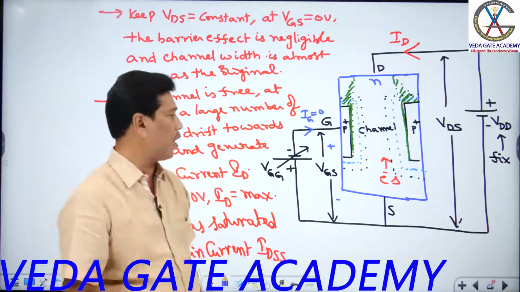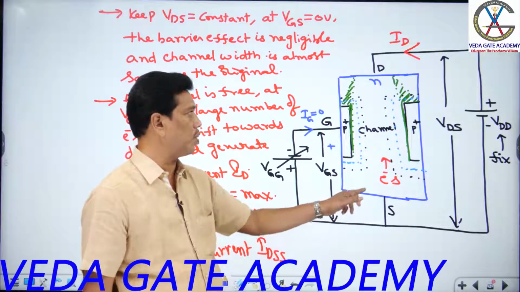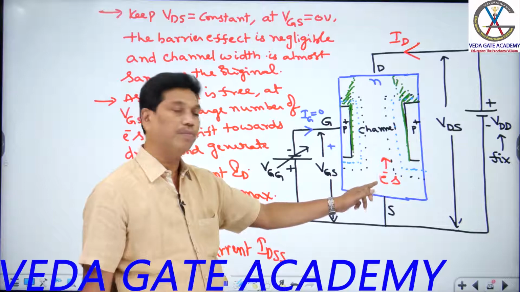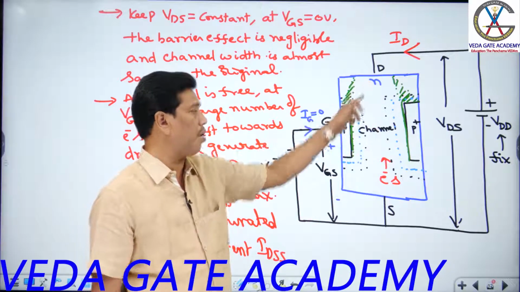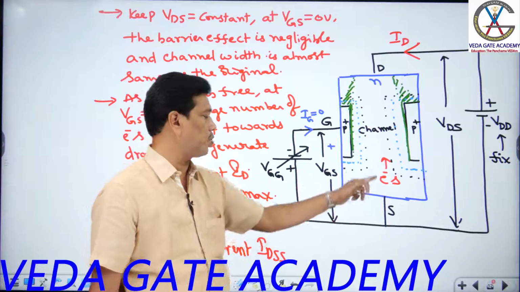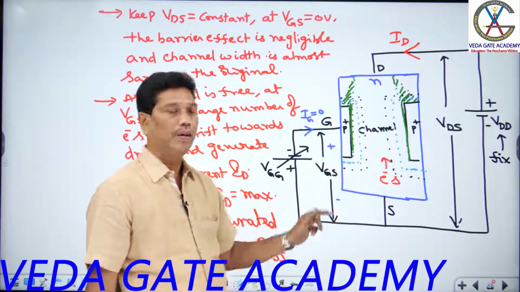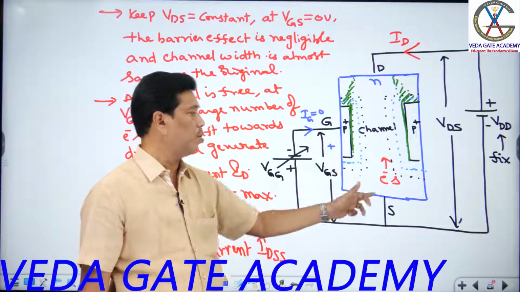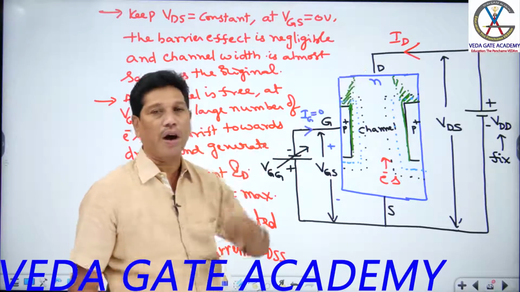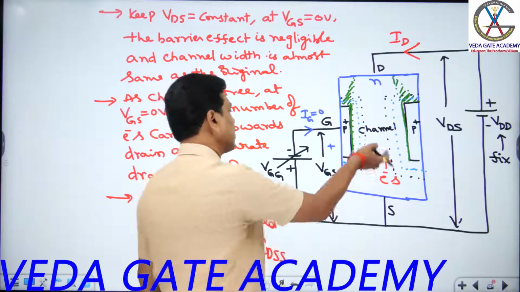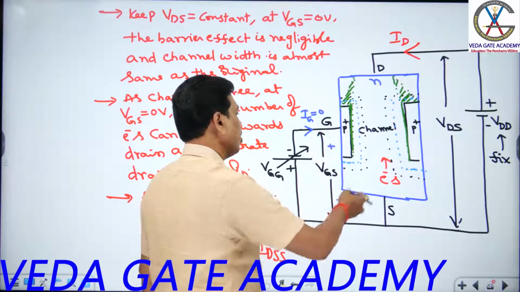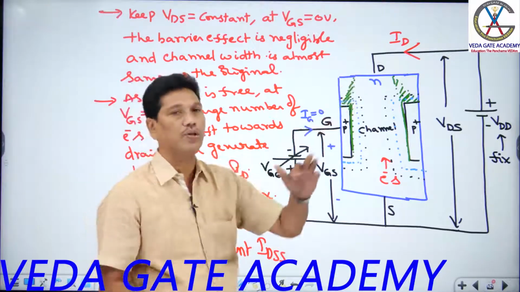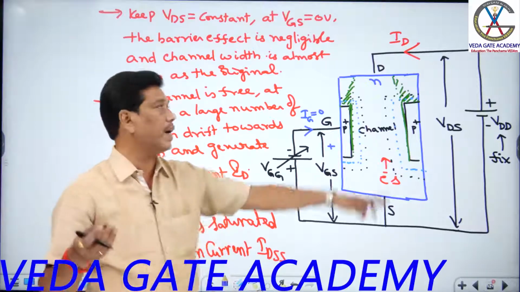But here the problem is what? If I keep the gate positive with respect to source instead of negative with respect to source, what are the electrons doing here? Instead of reaching the drain, they can circulate between gate and source only, like this. Because the gate is at a positive potential compared to the drain, it is nearer to them. So instead of reaching the other end at the drain, these electrons are circulating between gate and source only. They don't move towards the drain. Such that the carriers drifting towards the drain are almost zero,